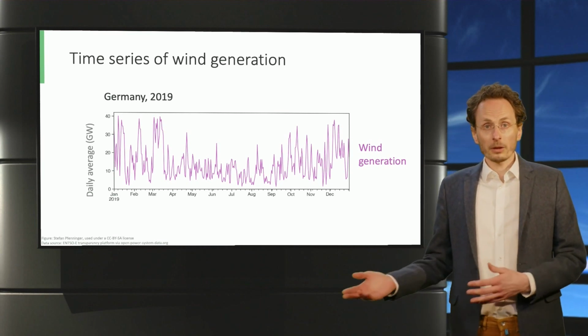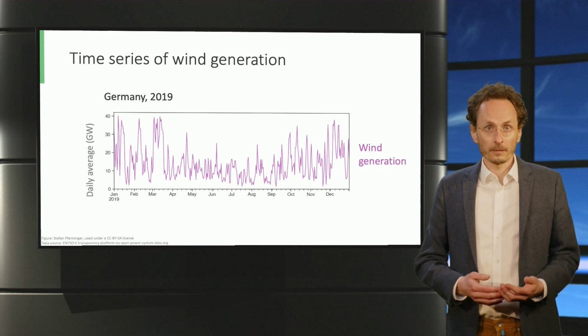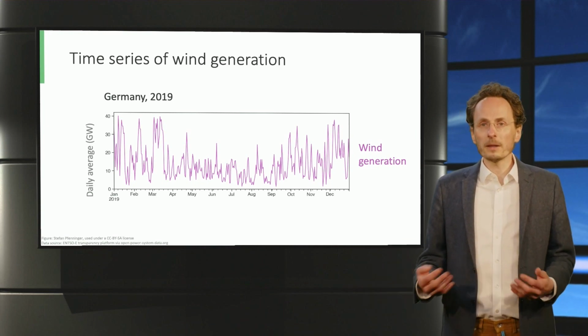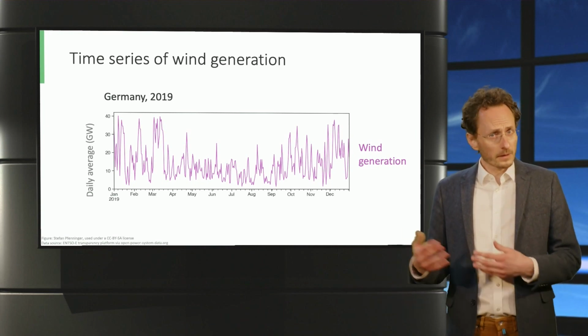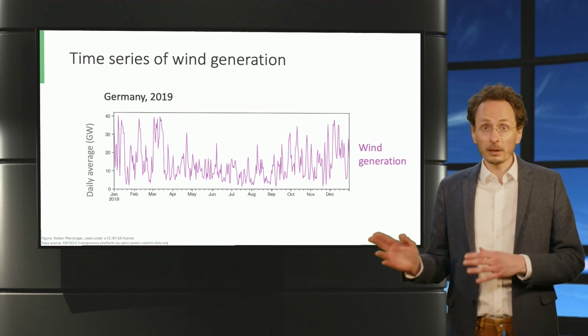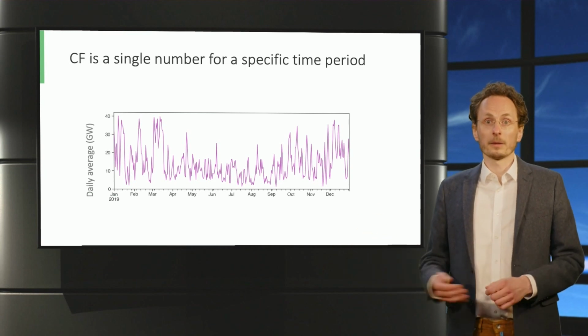We see that wind generation fluctuates quite dramatically over the course of days and weeks. Certainly it seems like, at least in 2019, there are more windy periods in the colder months, so we see seasonal variability here. And we see that there can be days with very little wind any time of the year. So let's start quantifying this.